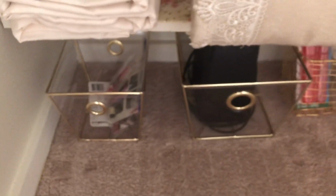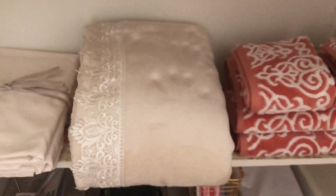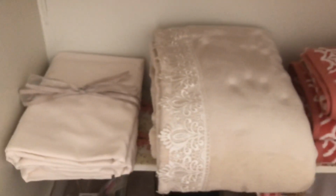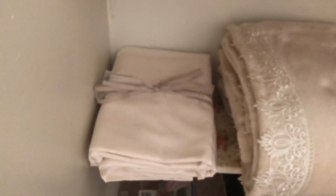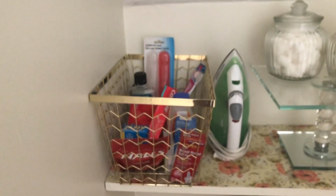I got these pretty gold baskets at Home Goods probably 2 years ago. I have extra toothbrush holders, and then coming up to the next shelf, extra towels. I also keep an extra blanket here, and here this is an extra set of sheets for the bed. And then we move on up, and I have pain medicines, toothpaste,